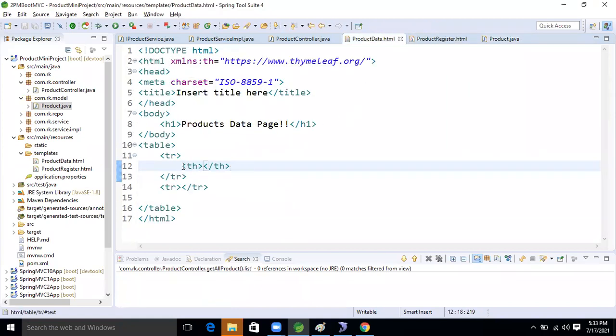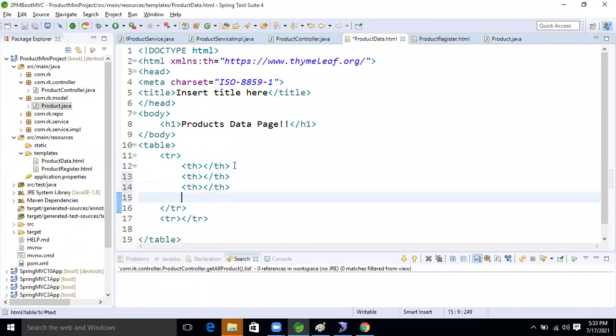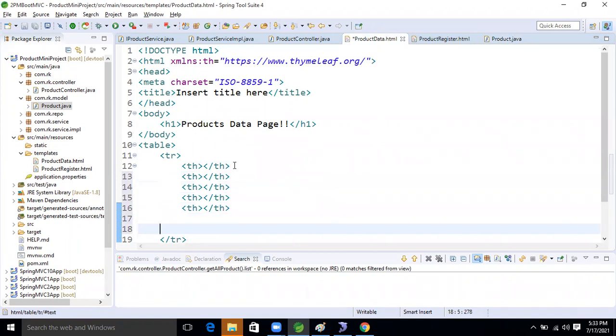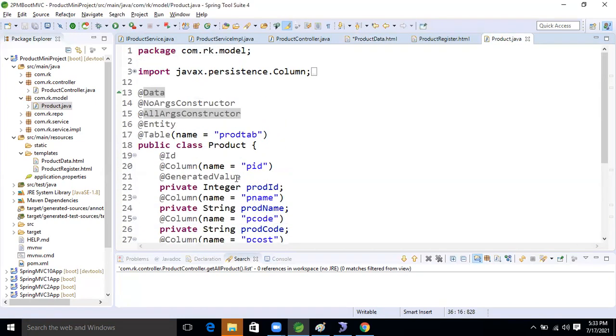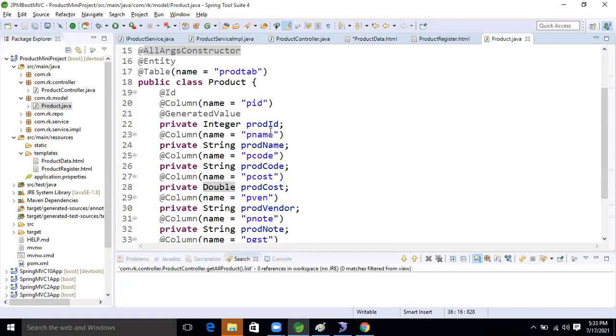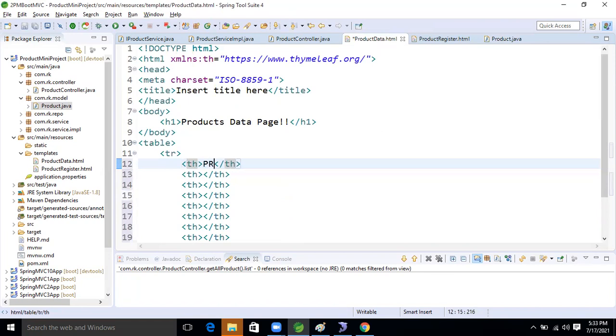Okay, come here. 1 th. After that, 2, 3, 4, 5, 6, 7, 8. So here, the first one is the product ID. Just take ID only, guys. ID and here name.